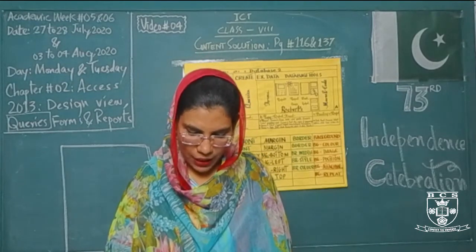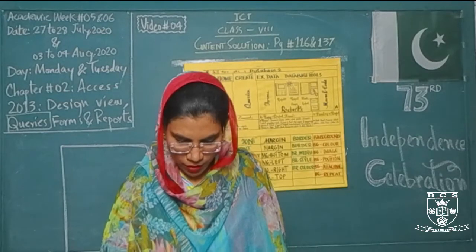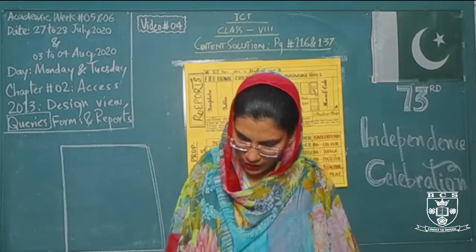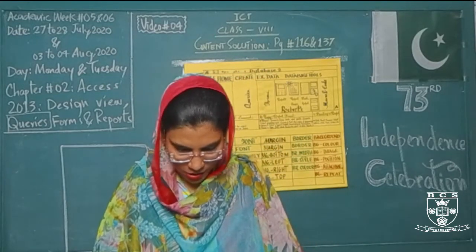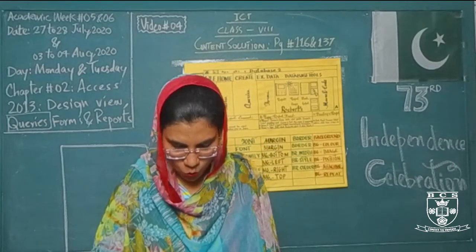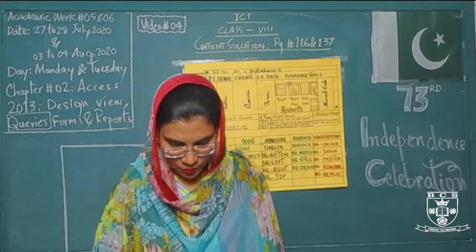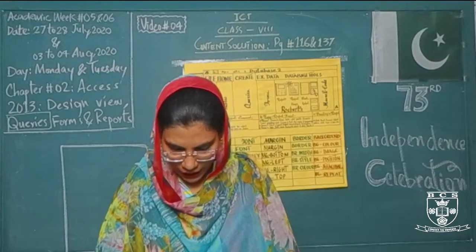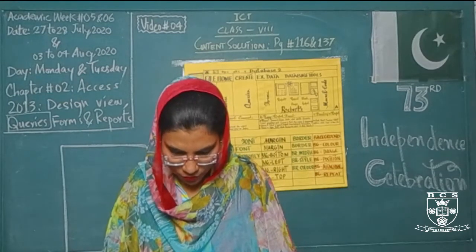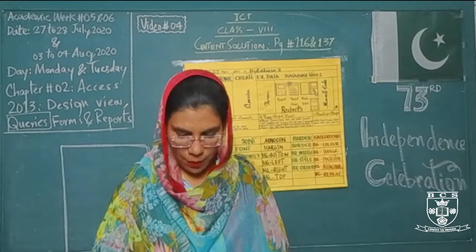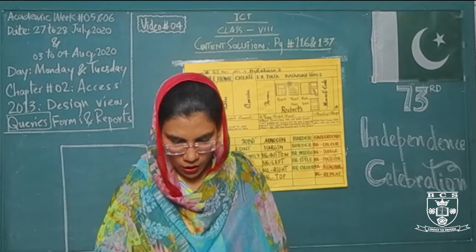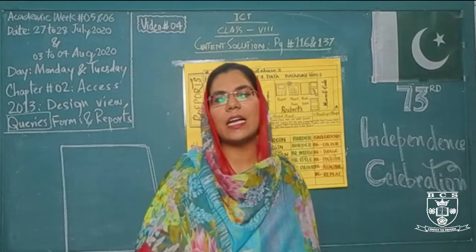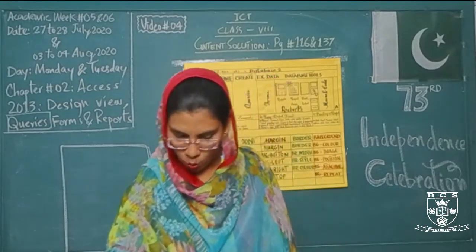Now part B, application based question. Mr. Shanza Jamil looks after the transport department of Alsan Public School. He has decided to maintain a database of all students going by the school bus. Firstly, we have to suggest any 6 fields which you think must be present in this table. For the transportation department of a particular school, a person has to make a database for all the students going by the school bus.